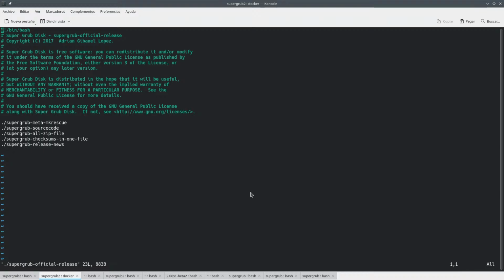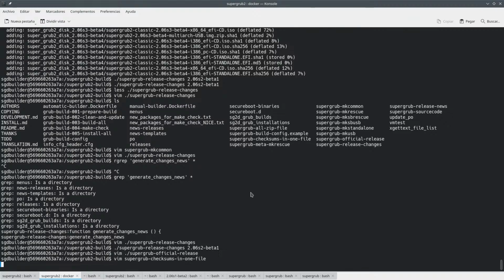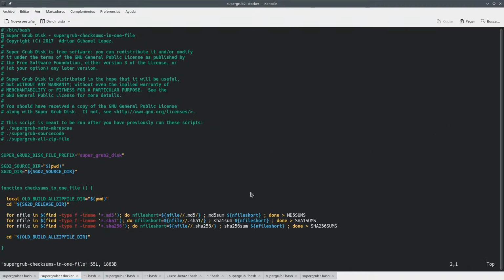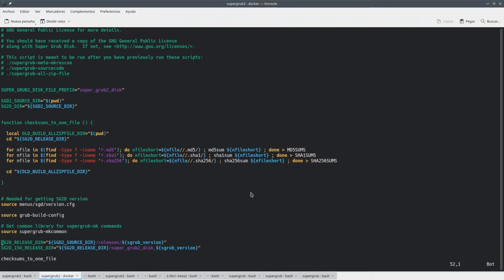Checksums in one file, so that we just run this stuff and then checksums to one file goes on to